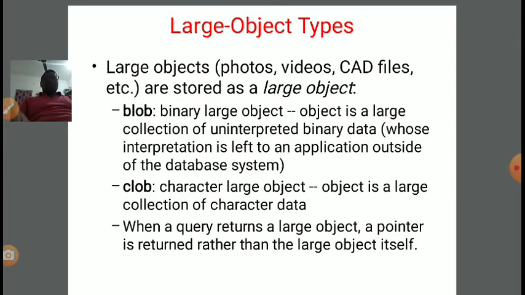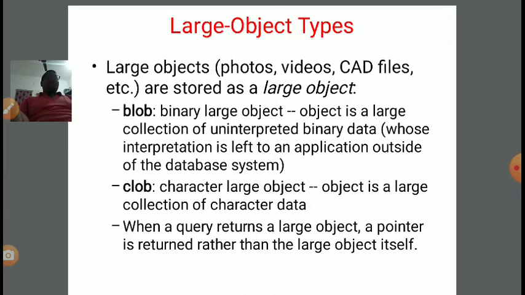Similarly, CLOB, the full form is character large object. It is an object with a large collection of character data. So when a query returns a large object, a pointer is returned rather than the large object itself. Very important point.